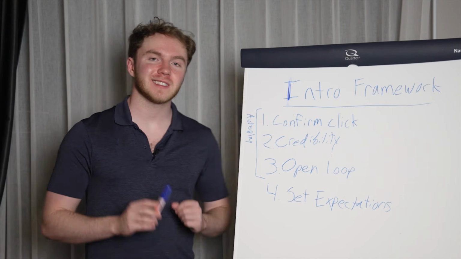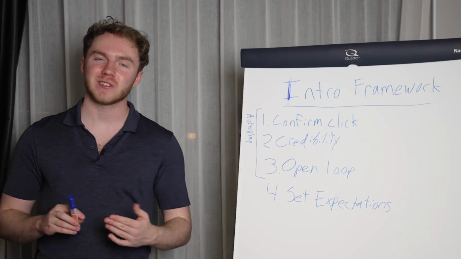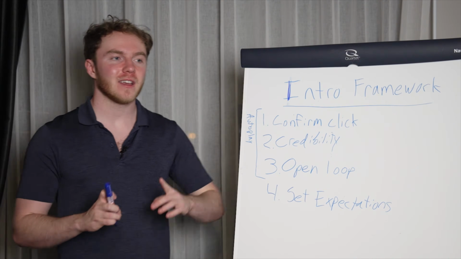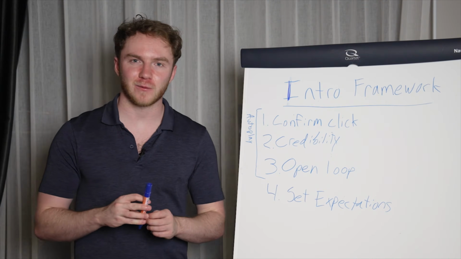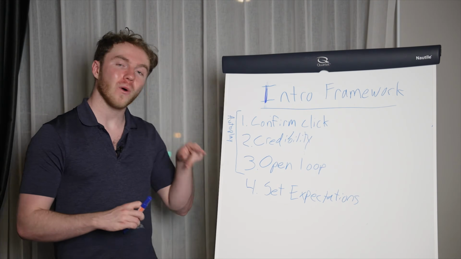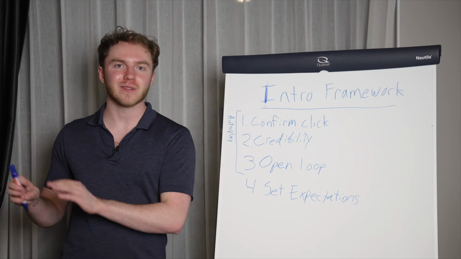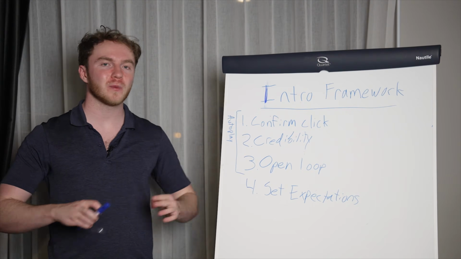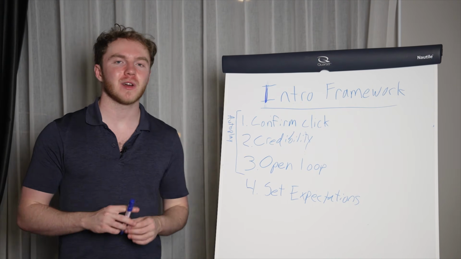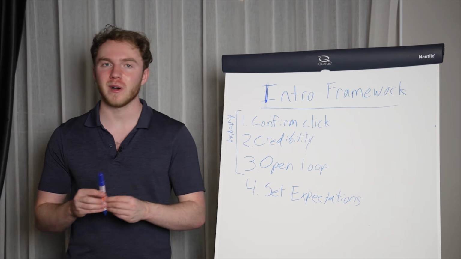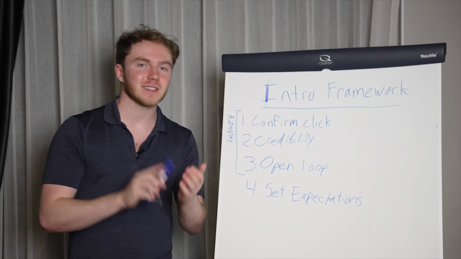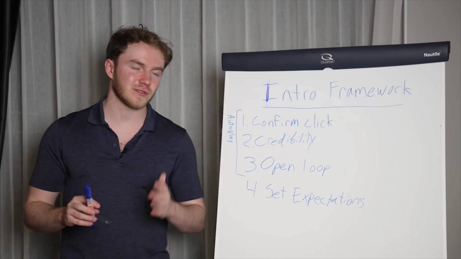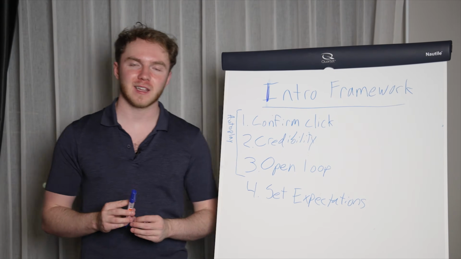All right, so number 4 is setting expectations. And this is normally a continuation on the last line where you opened an open loop, but what's different about this one is that you are essentially trying to set the expectation for the video. So what does that mean? You are either going to show or tell the viewer what style the rest of the video is going to be in. You could say like, in the next 30 minutes, I'm gonna break down super in-depth everything that you need to know about making money online so that you can get your first $10,000 a month. We're gonna go over this, and you are gonna learn literally everything that you need to know to scale your business, right? Like that's a very easy way to set expectations.